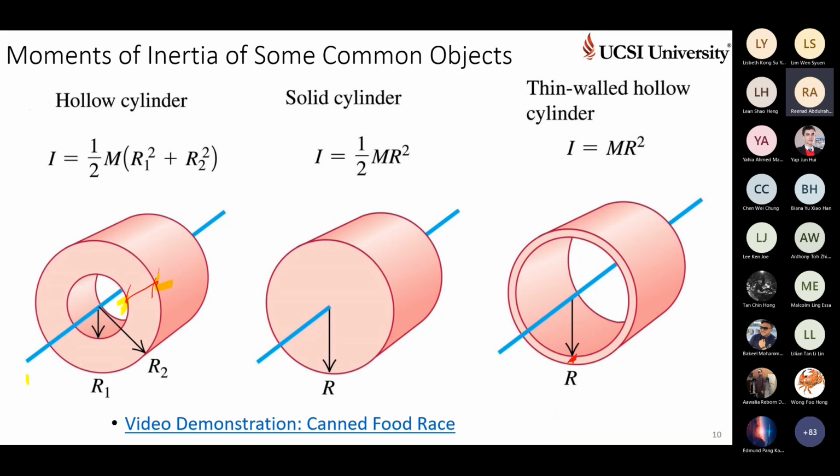Yes? In the hollow cylinder, I couldn't understand it. How is it calculated? From the edge of the can to the center. Yep. It is based on the mass, right? When you take the mass of this one, how do you calculate the mass? Volume, right? Volume times the density. The volume of the material is very high compared to this one. Am I right?